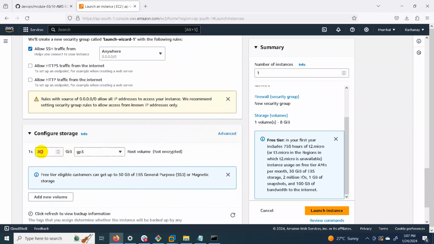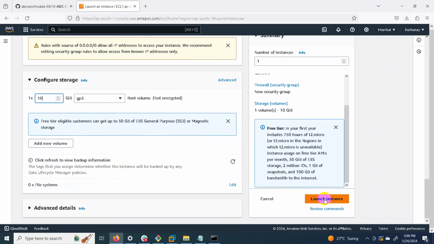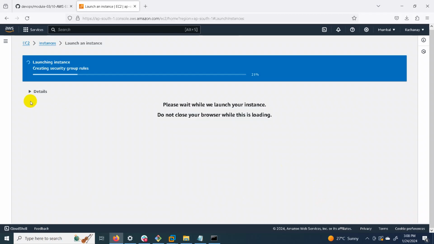After that, what type of storage or how much storage you have to provide here. We are going to create Amazon Linux. For Linux, there is a root partition, that is slash. So that's our root volume. For that root volume, we have to select the size. By default, they have created 8 GB. I'll make it 10 GB. That's it. This root partition will be created. And now we have to launch our instance.